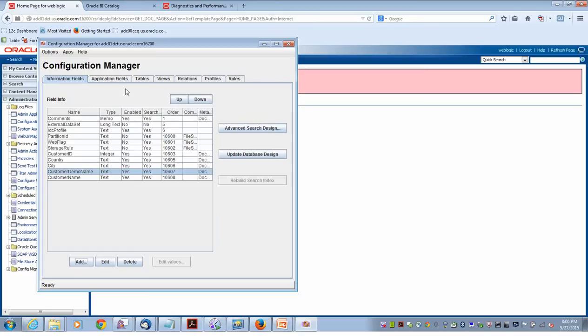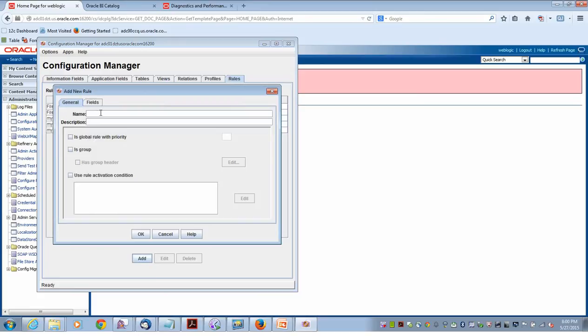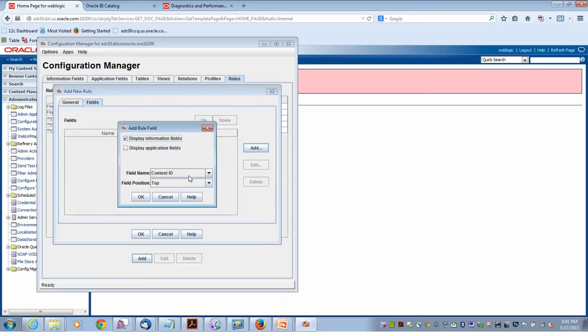I would also like to create a rule for this demonstration. So I'll add a rule. WCC demo rule, and I'll call it rule for demo, and I can associate some fields to this. I'll select customer ID,